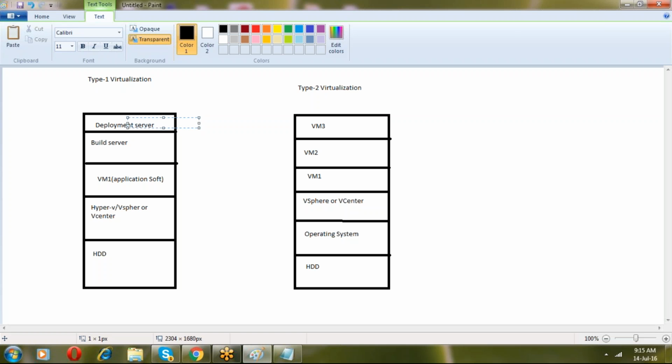But type 2, so many people will use it because they want something specific on the operating system, where there are so many Windows users. So people will buy the hardware and then install the Windows operating system, and on top of the Windows operating system, they'll install the vSphere or vCenter. From vSphere and vCenter, they'll create a number of virtual machines, like a Unix virtual machine, Linux virtual machines, or Solaris, or whatever operating system they want.